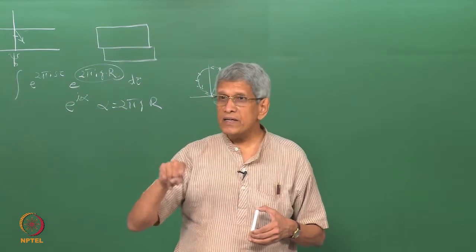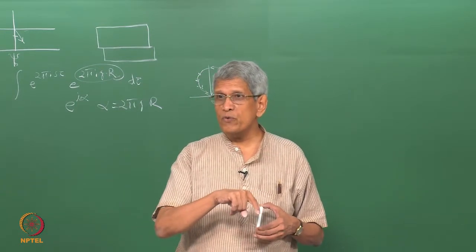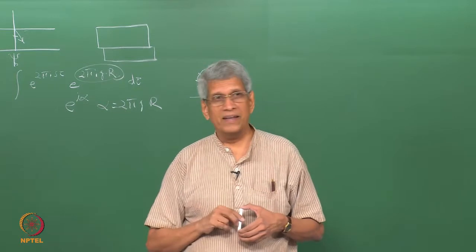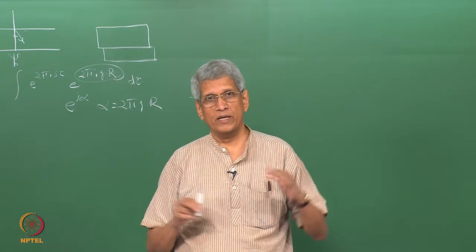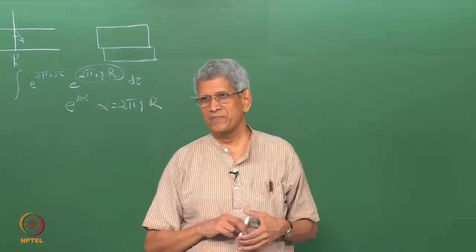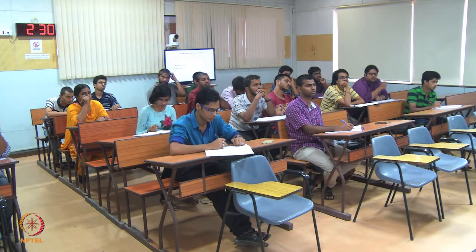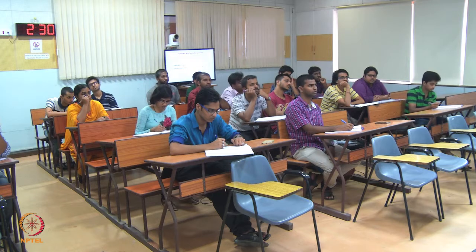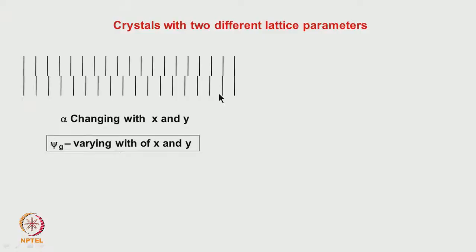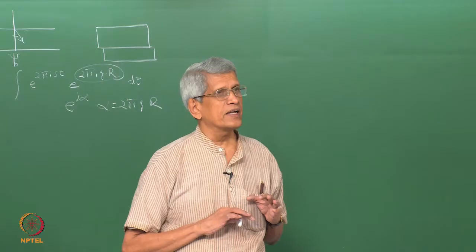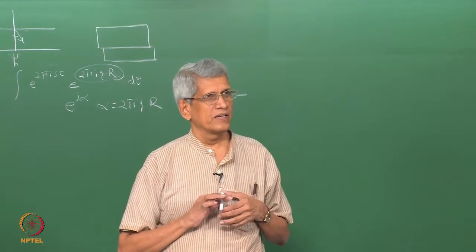And from this we can find out the separation between the two lattices if we measure this fringe spacing. The upper lattice and the lower lattice, the difference between them, that value. If we know the value of one of them, then we can find out which one. All these things could be done. Is it okay? These sort of fringes which are coming are what we call a Moiré fringe.